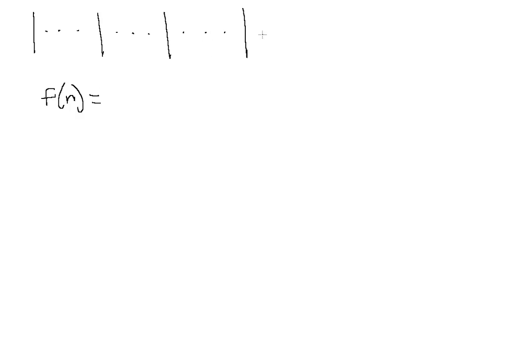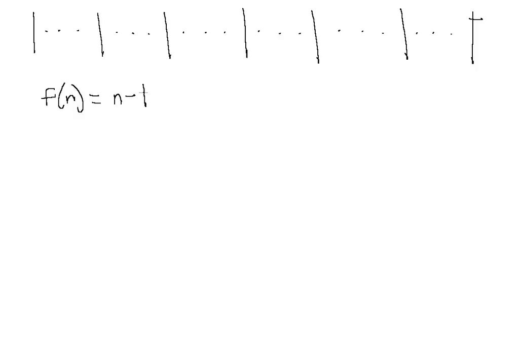What if we had 5 fence posts? We would have 4 gaps. What if we had 6 fence posts? We would have 5 gaps. What if we had 7 fence posts? We'd have 6 gaps, and so on and so forth. So you can see that whatever the number of fence posts is, we're going to have 1 less gap than fence posts. So if we have n fence posts, the generalization of it, we're going to have an n minus